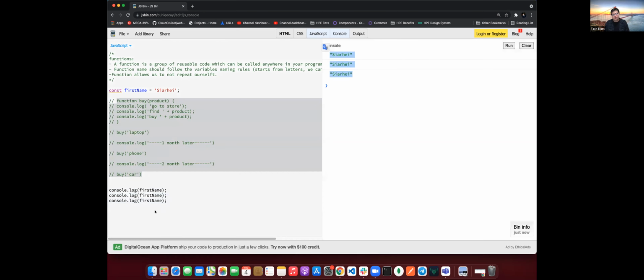But if I need to repeat some action, I cannot use the variable firstName, I cannot put some action there. Here I show you actions like console log, go to store, just strings. But in real work, you will use some math operators here, or some real actions with data. For example,